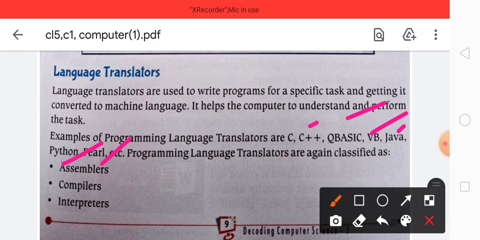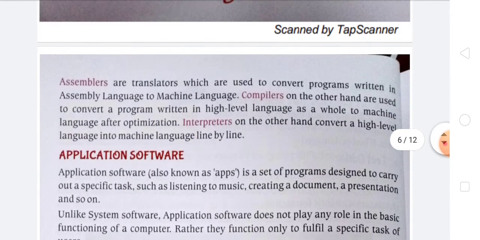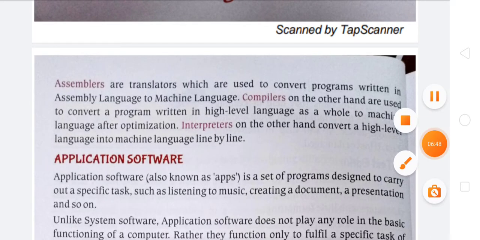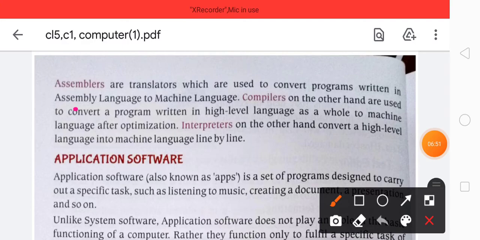The language translator is classified into mainly three types: assemblers, compilers and interpreters. Assemblers are translators used to convert programs written in assembly language to machine language. The assembler's work is only converting assembly language to machine language.